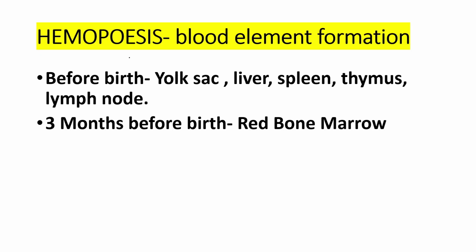Now going further, hemopoiesis, blood element formation. When blood is formed, that process is named hemopoiesis. Before birth, what happens is that in the yolk sac the blood is developed. So जब अभी baby हुआ नहीं है and it is yet developing, then the production of blood, the blood formation takes place through the embryo sac, and then liver, spleen, thymus or